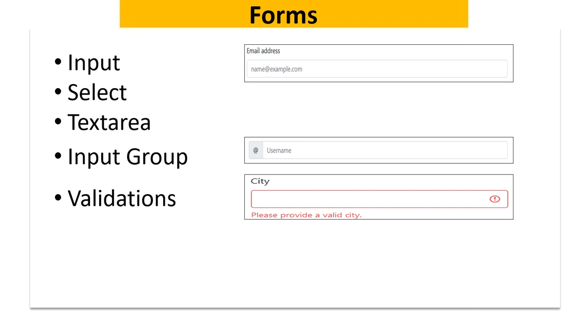Like in the example, we have @ username. In general, we create the input type equal to text, but I want an extra special character in the input field itself. So we call this an input group. This one is not available in HTML, but it is available in Bootstrap. So how to do that? How to style this? We can learn that, as well as how to style the validations and how to style the validation error messages.